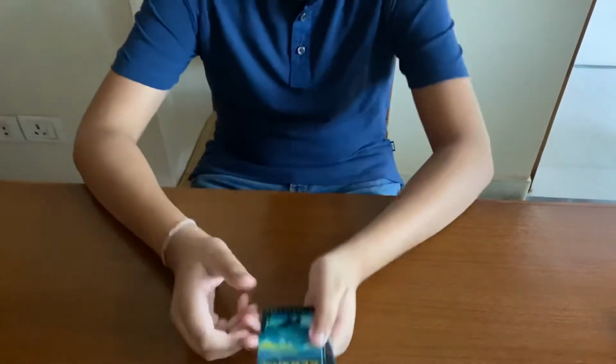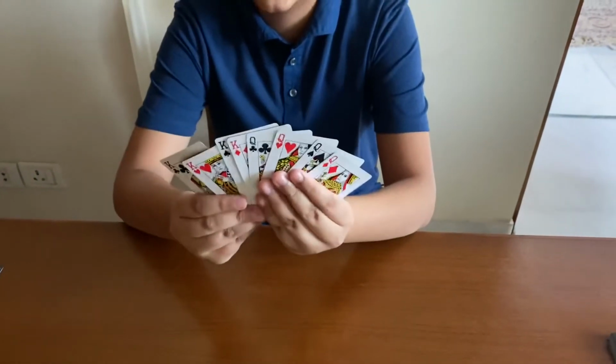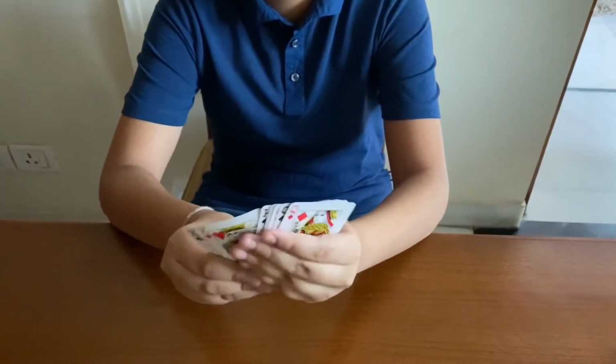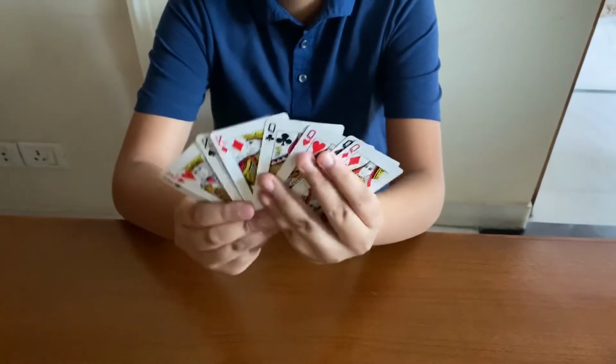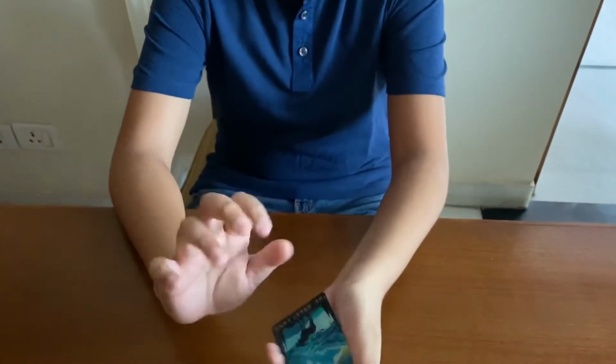So now I am going to tell you the second trick. For this trick, you need only 8 cards, the 4 kings and the 4 queens. So tell a spectator to think of a card in their mind. Think of one card. Have you thought? Yes. Okay. So I am asking you questions, you have to answer them.